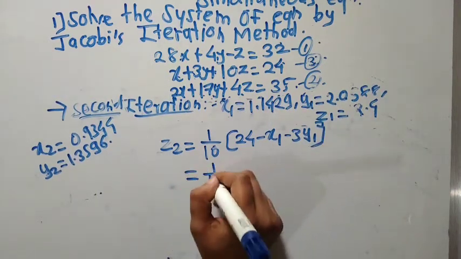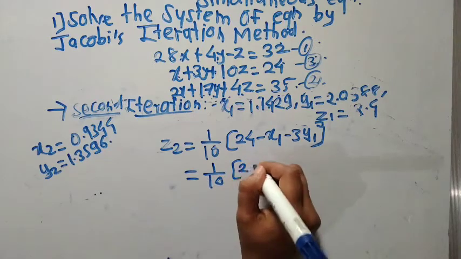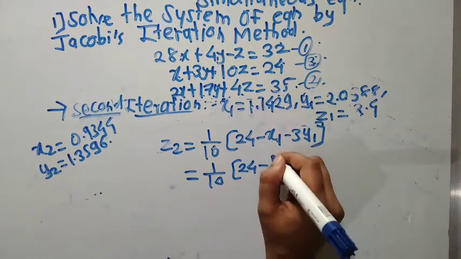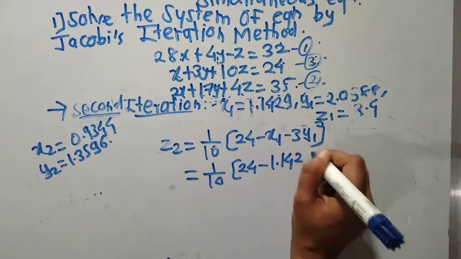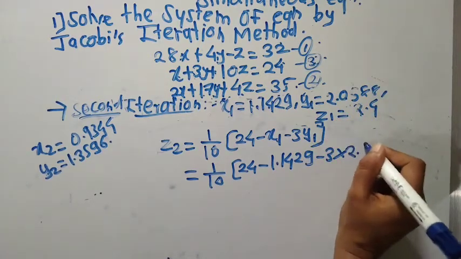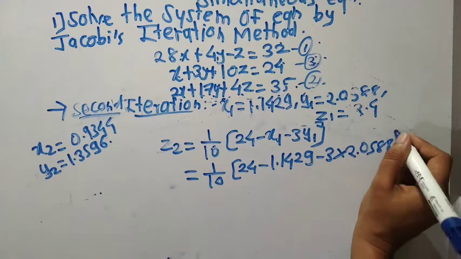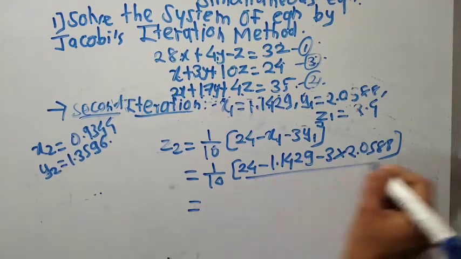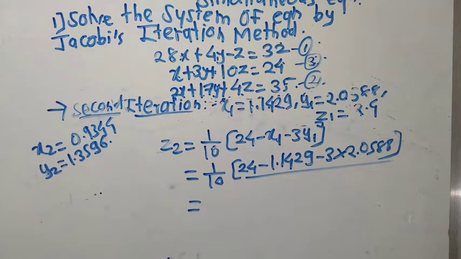So put this value, 24 minus x1 minus 3 into y1, which is 2.0588. So first find this value,